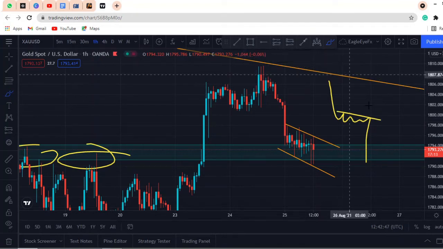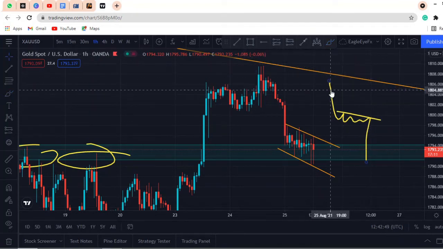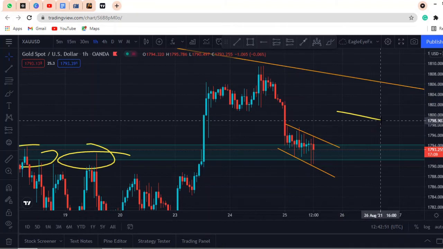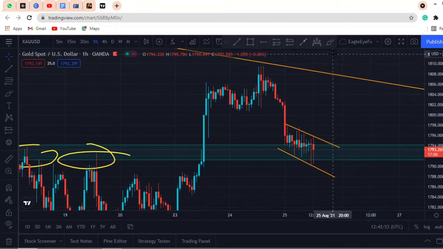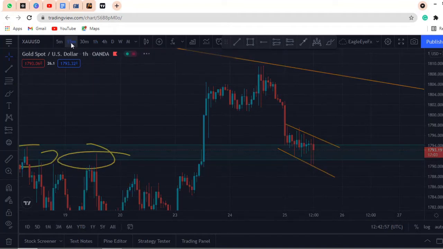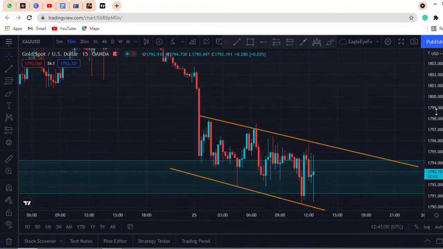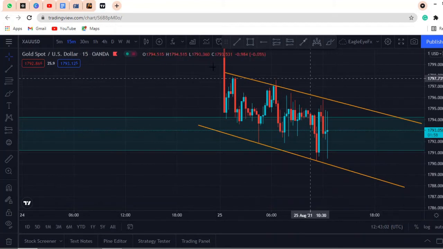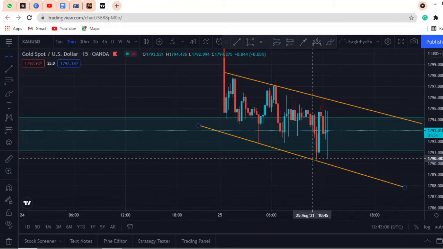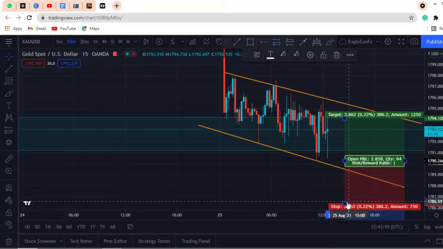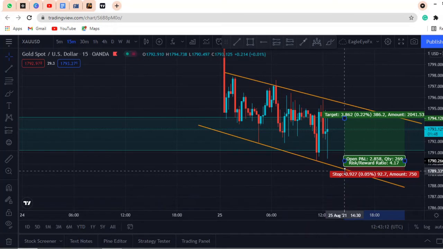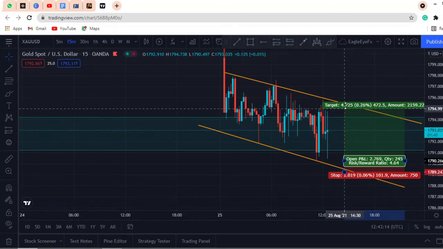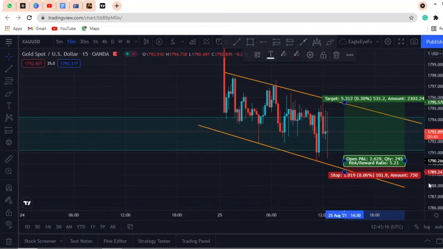Also, I will rather be interested in these small moves and then I'll just enter. Maybe you can even go further to a 15 minutes time frame, but I like the 30 minutes, but it's fine. So maybe at this lower level here, you could be entering your buys here, put your stop loss just a little below there, then target this point here,